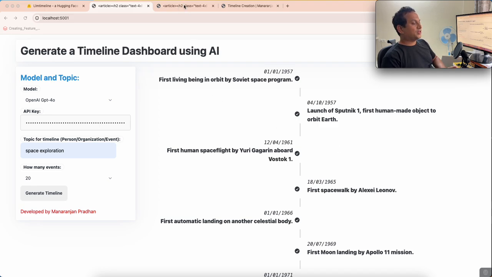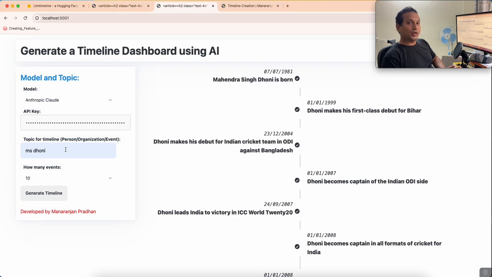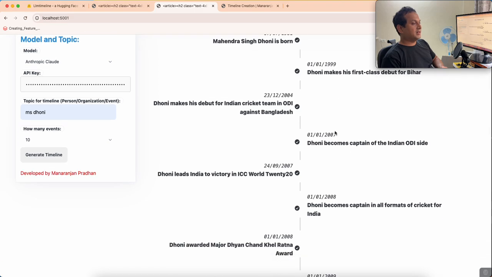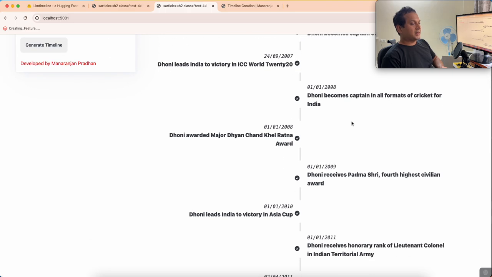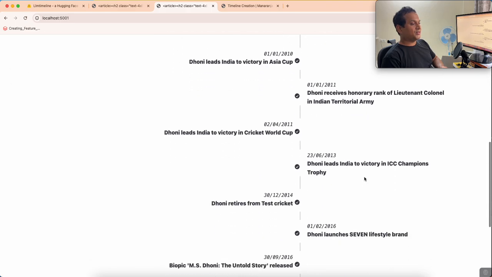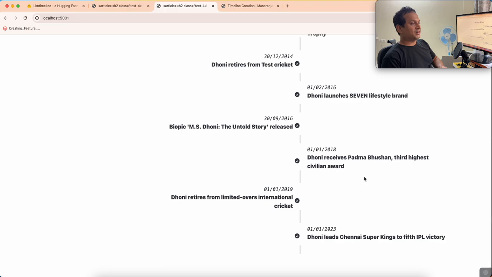I have created another timeline for MS Dhoni, and you can see it has created a timeline for MS Dhoni also. Dhoni was born in 1981. He makes his first debut for Bihar in 1999, and then is inducted into the team in 2004, and then leads India to victory in the 2007 T20 World Cup, and then receives the Padma Shri. You can see it's a nice timeline that got created